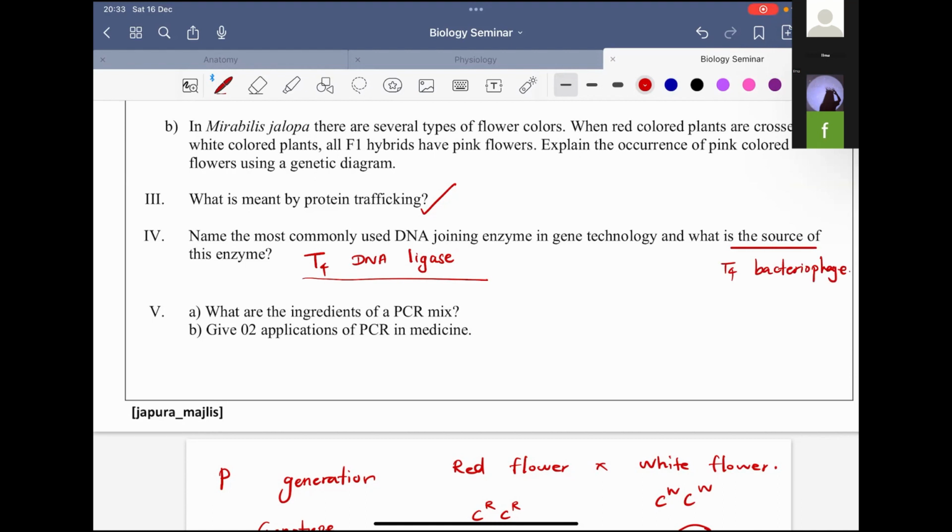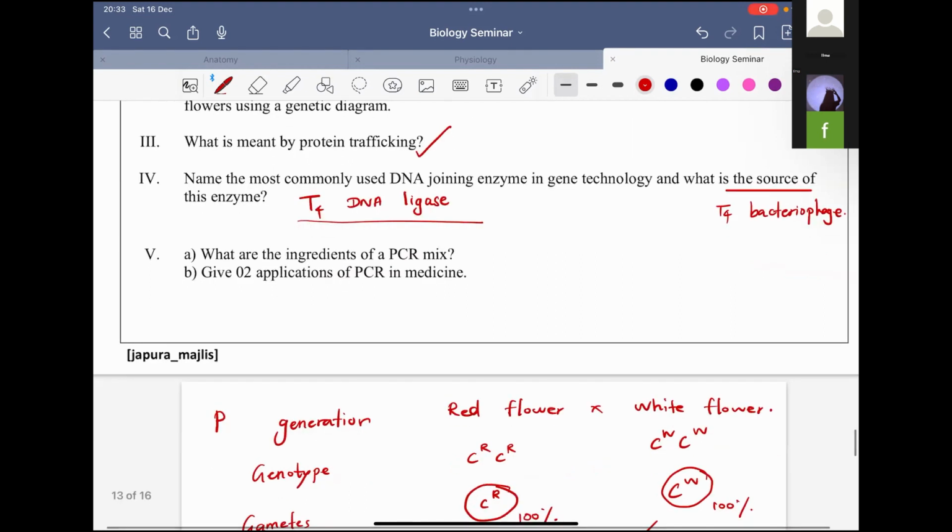T4 bacteriophage. Since we get it from T4 bacteriophage, the DNA ligase is also called T4 DNA ligase. Okay, so that is about the DNA ligase. Now let's move to the fifth question. So if we see the fifth question,